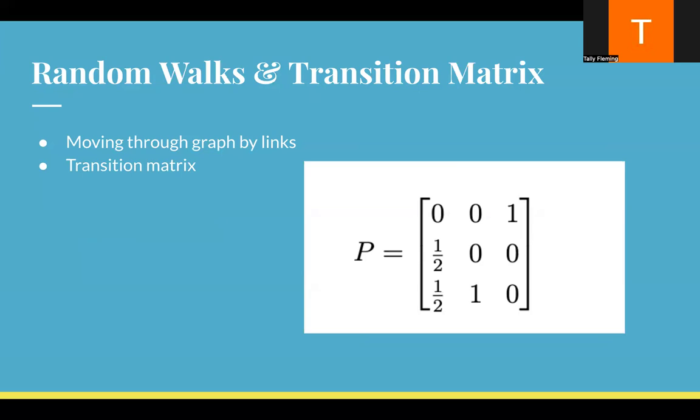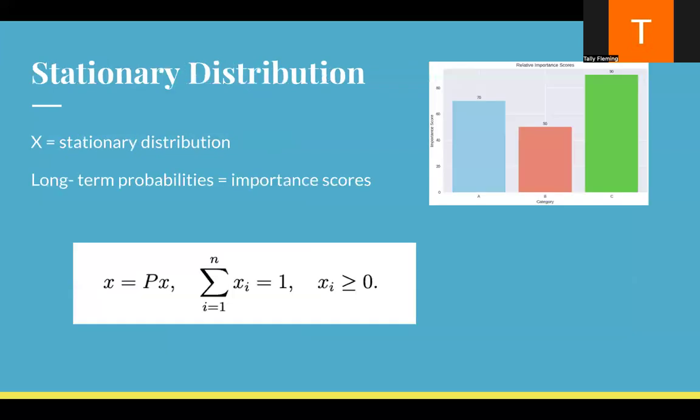Okay, for a simple example, let's imagine pages A, B, and C. A links to B and C, B links only to C, and C links only to A. The transition matrix P, shown here, is column stochastic, meaning every column sums to 1. This represents the certainty that an individual will move somewhere from the current page while clicking links, which leads us